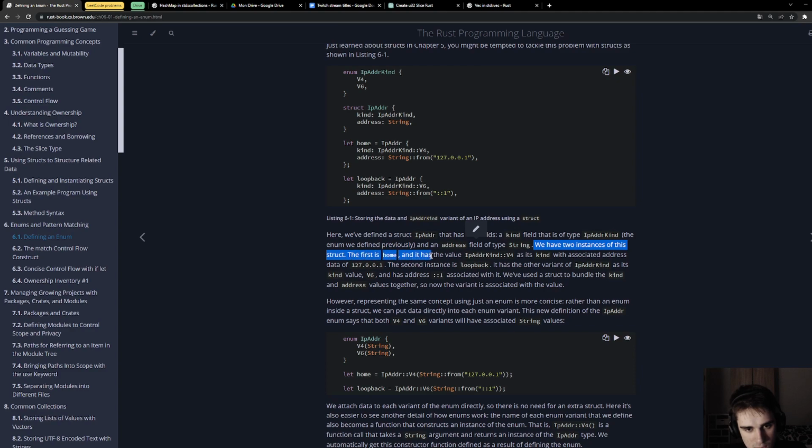The first is home, and it has the value IpAddrKind::V4 as its kind with associated address data of 127.0.0.1. The second instance is loopback. It has the other variant of IpAddrKind as its kind value, V6, and has the address ::1 associated with it.